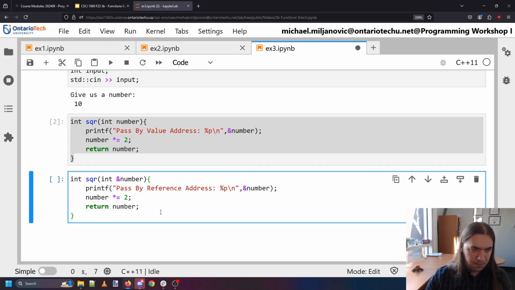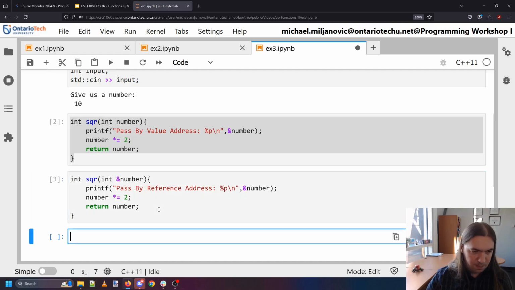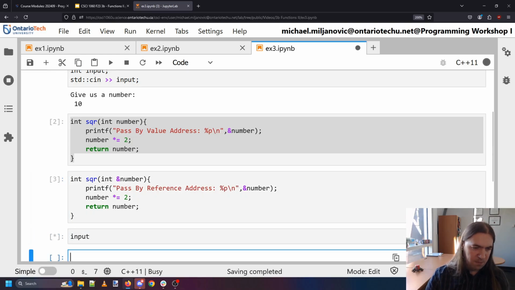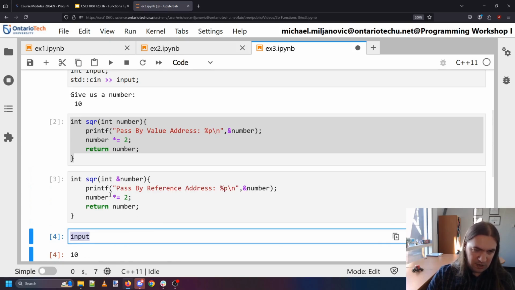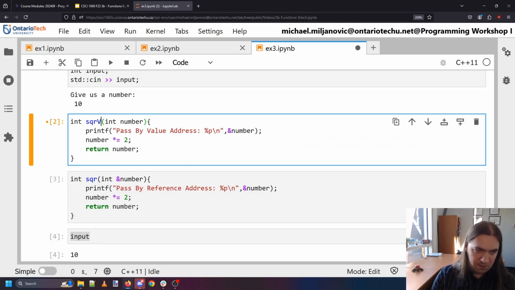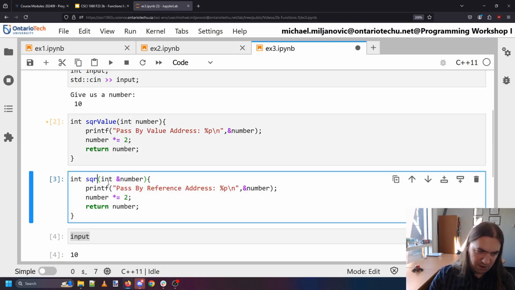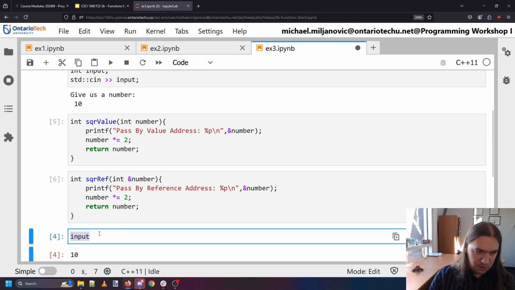Okay. So our input now is 10. If I do my, and let's give these different names. So this is going to be square value, and this will be square reference. Okay, so square value of my input,